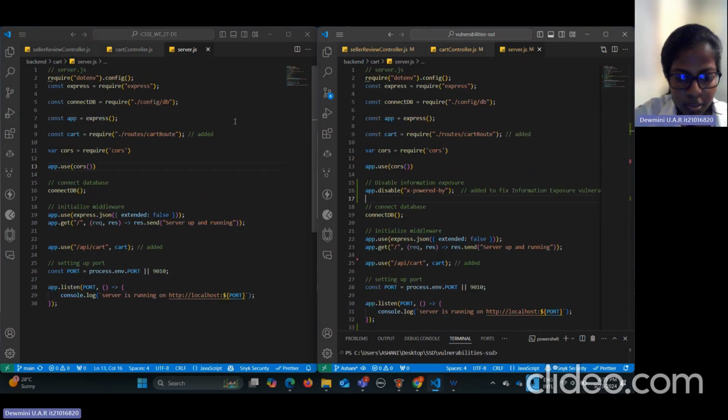And the other vulnerability is information exposure. This vulnerability occurs when a system unintentionally reveals sensitive details such as server information or API keys, which can help attackers identify weaknesses and plan targeted attacks. Before fixing, the application exposed the X-Powered-By header, which showed that the server was running on Express. This made it easier for attackers to exploit